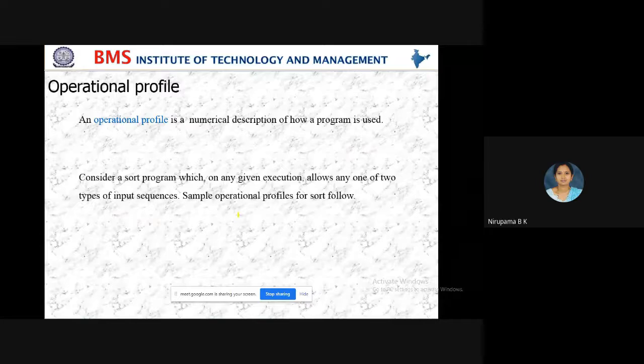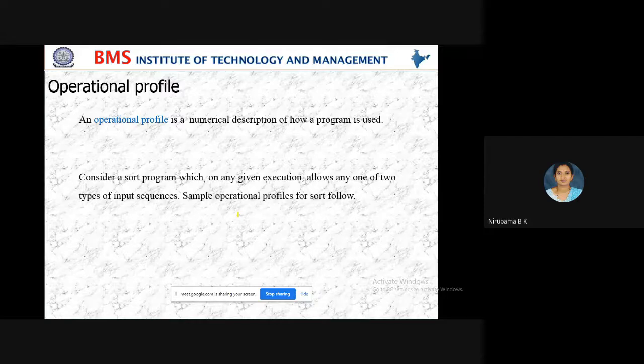Operational profile. In testing, we said my observed output should match with the desired output. All this we decide when we know the operation, when we know the logic. See students, when you know the logic, only then you are able to write a program and write the test cases. Without logic, you cannot write any program, you cannot test any of the test cases. Because if you know the mathematical logic, only then you can predict and write the desired output.